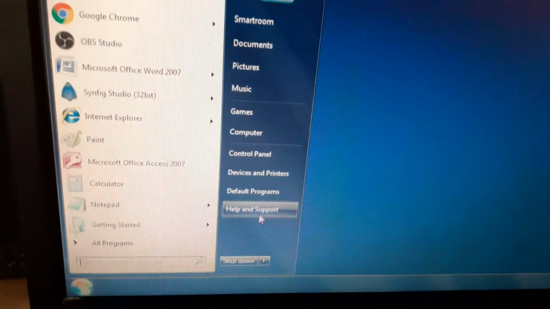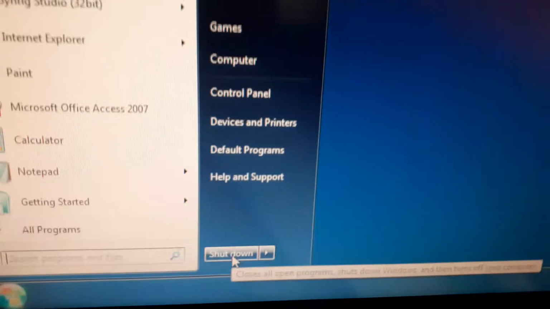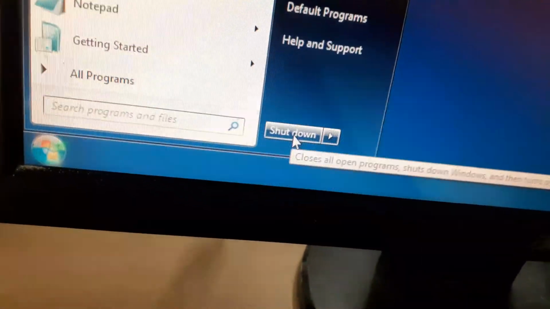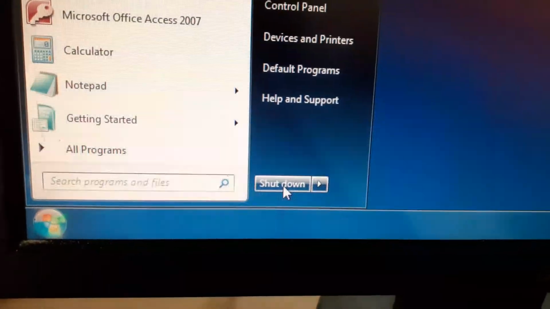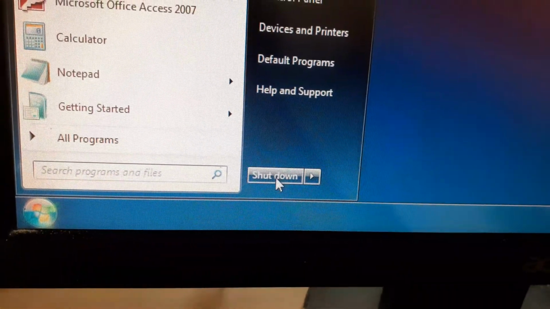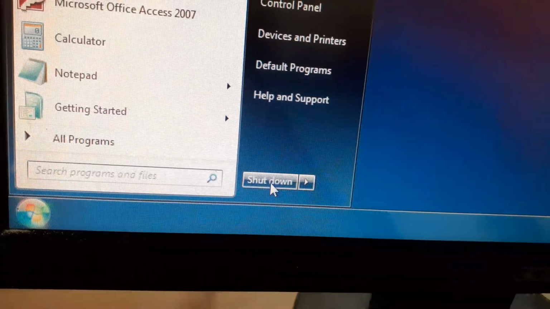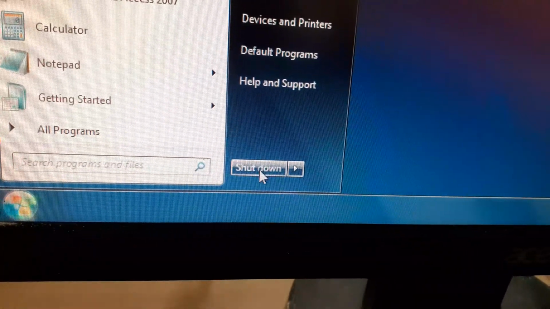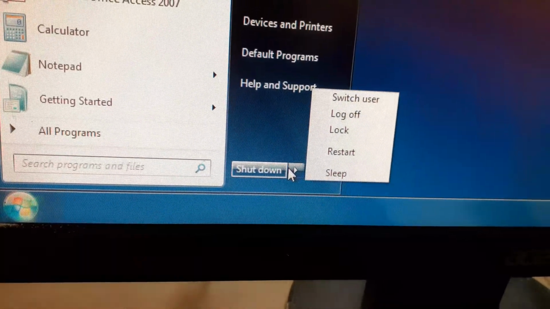Now at the bottom of the right pane, you can see the shutdown button, right children? This is the shutdown button. When you click on this shutdown, you will close Windows. It is used to turn off your computer, right children?